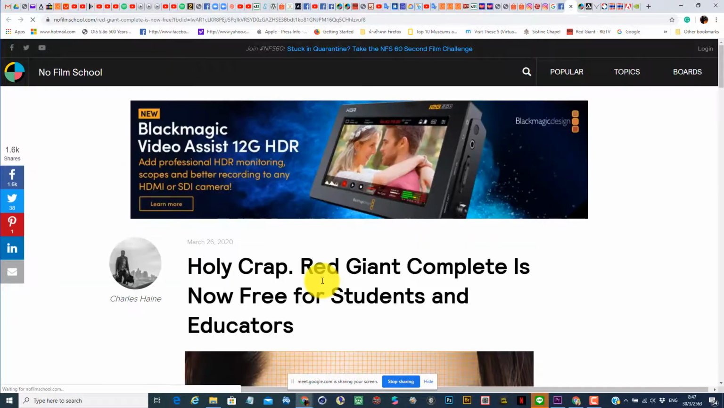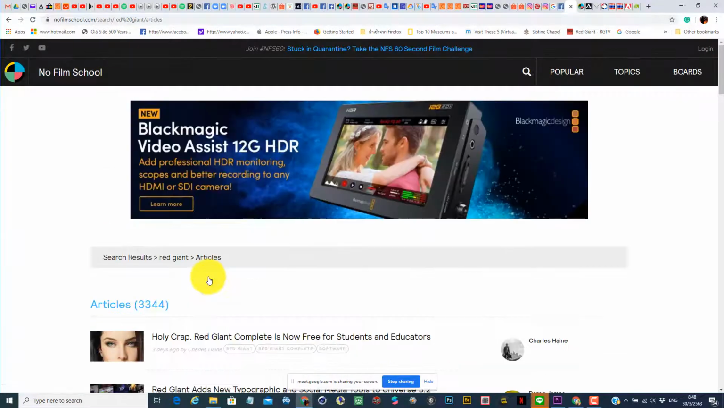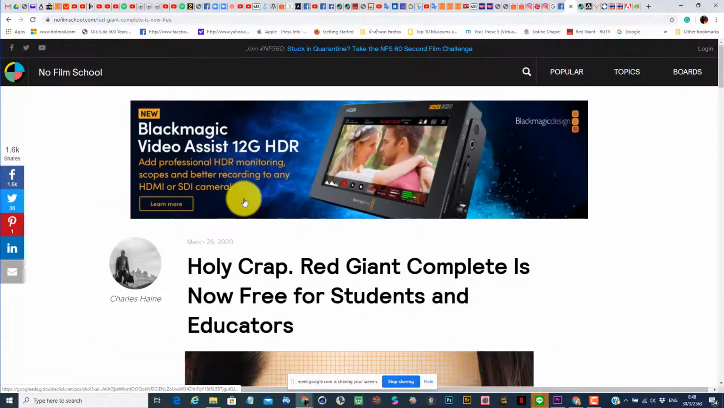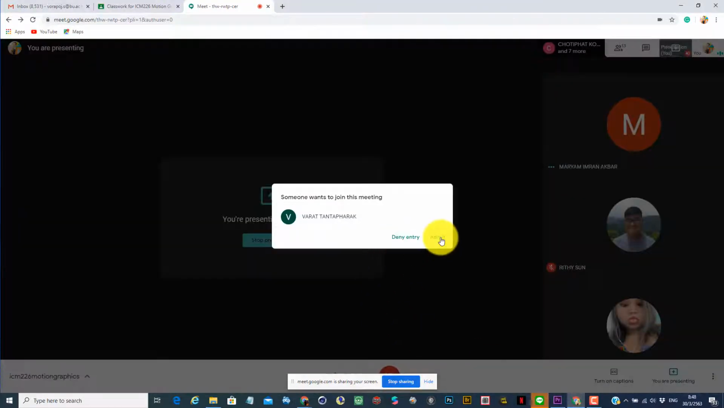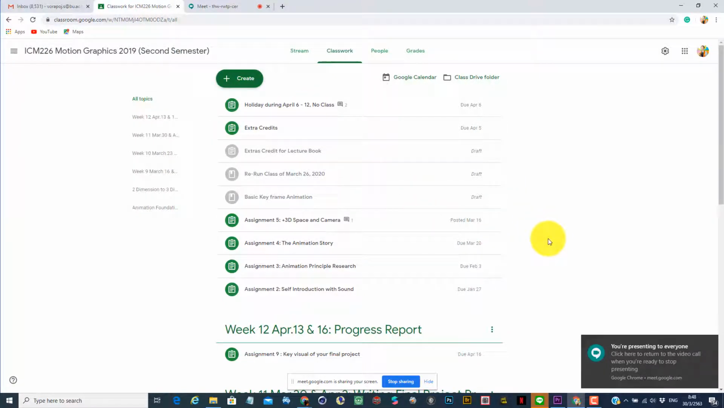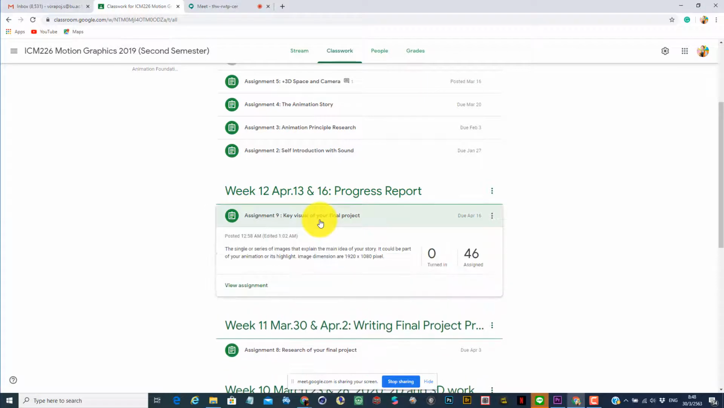When you click on the Red Giant link, you're going to be redirected to the Red Giant website. Are you familiar with Red Giant? Okay, let's go back to the class material. On here, you're going to see, let's take a look at this week's activity. Before we go ahead to talk about your research,